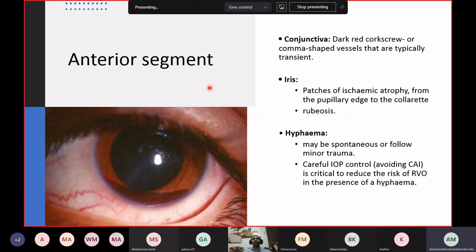The patients with sickle cell, they may have rubeosis, so they easily can get hyphema, and it may be a spontaneous hyphema, or it may be due to a trivial trauma which is not sufficient to cause hyphema in a normal eye. So in those patients, we need to be more aggressive with the tension lowering. We need to lower the intraocular pressure more, and we need to be careful not to use the carbonic anhydrase inhibitors. But for answering your question, it may appear